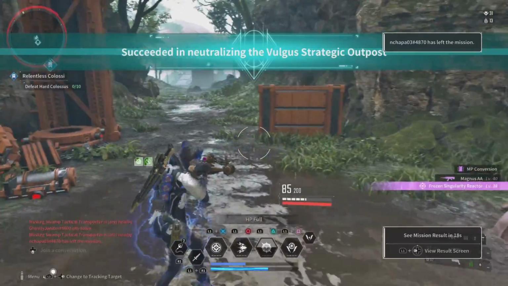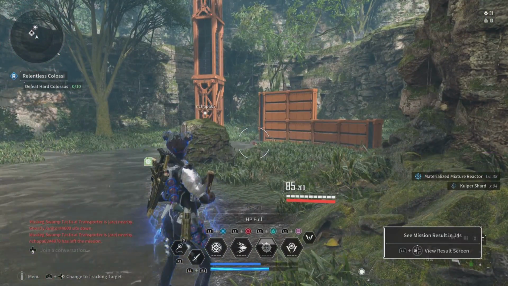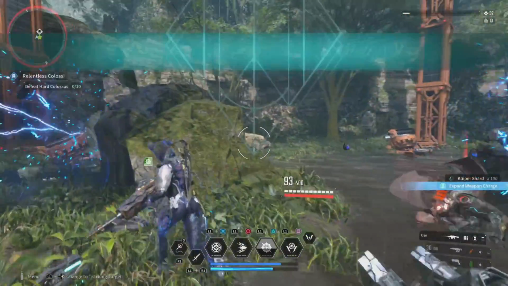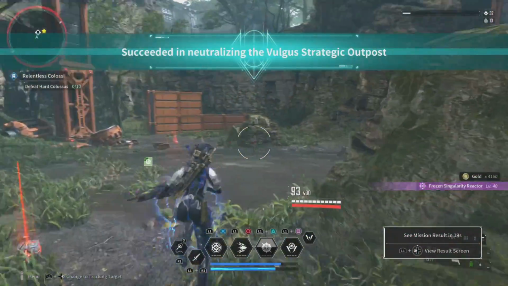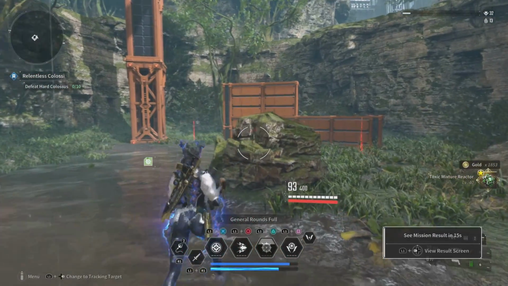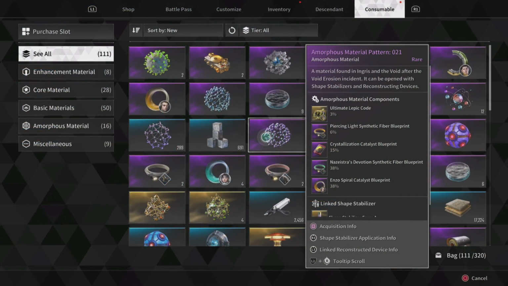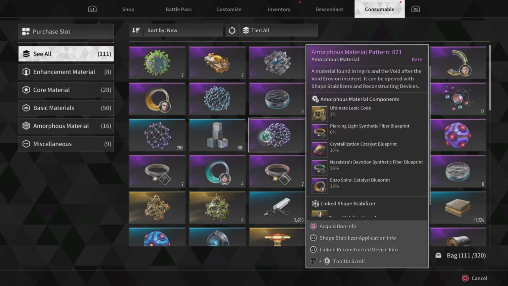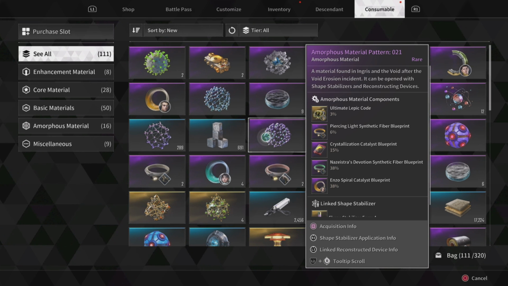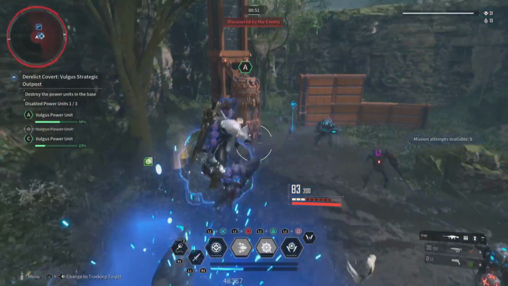You only have a small chance to get the amorphous pattern to drop, and then you have to do a void mission. But it's like this in hard mode as well. So you're kind of preparing yourself for the grind that is ahead, which is going to be hard mode. And a lot of these hard mode missions to get these amorphous patterns will have us doing just this. Now, if you do this, there's a 38% chance, which is still pretty good,